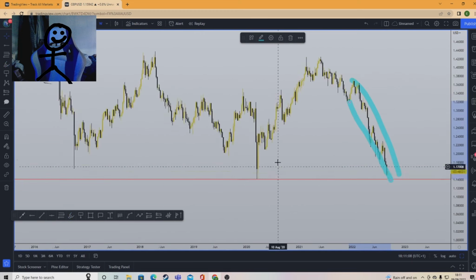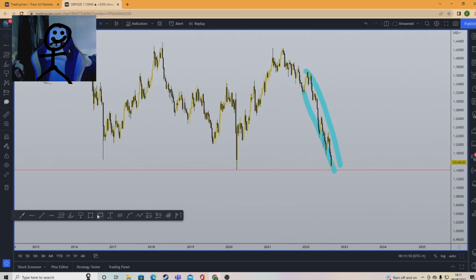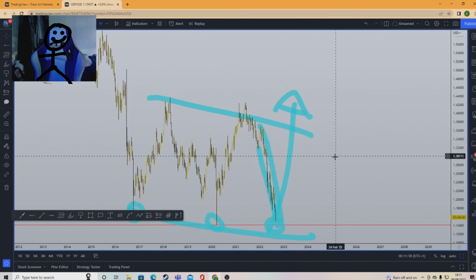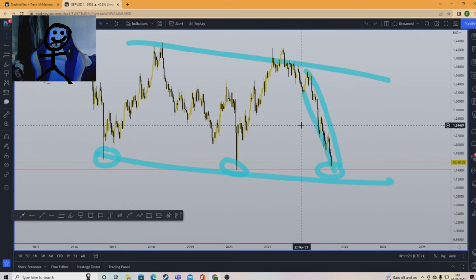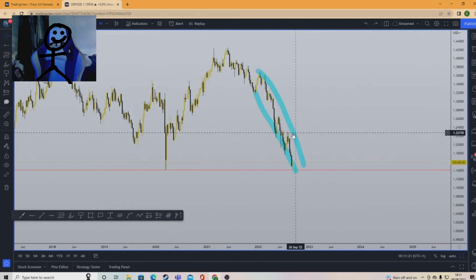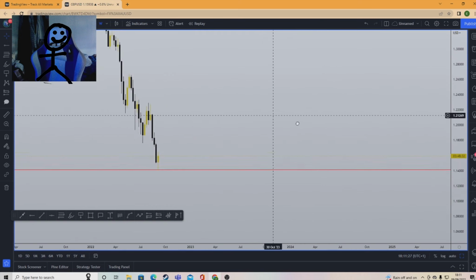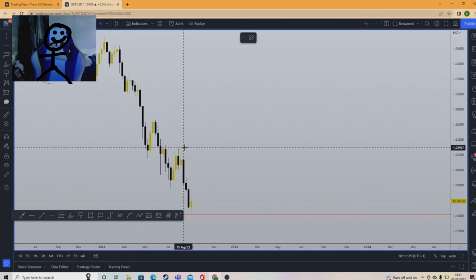But I think it's actually time for a turning point over here. We've had one time, two times, three times over here. I think it's time to potentially rally back up here, right? I think a lot of I thinks, but yeah, I definitely think it will start to rally and pick up from here. As for the weekly level that we could be looking for, nice and simple,